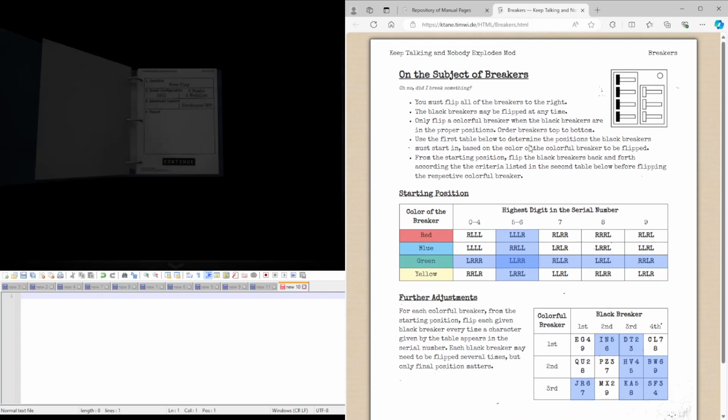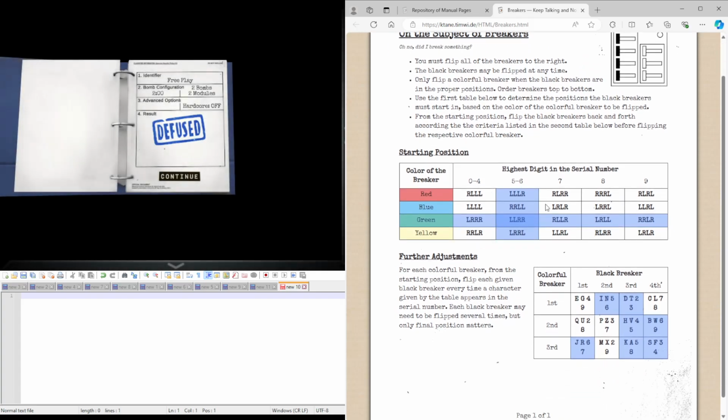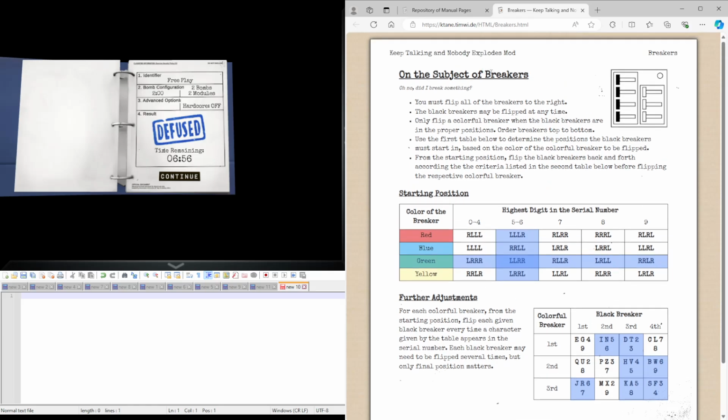It's quite a simple module in the end, but just be wary of multiple flips and make sure you're focusing on the correct colours of breakers, and just make sure you don't get any of these small intricacies wrong. But that was Breakers. Hopefully the module makes a bit more sense now,